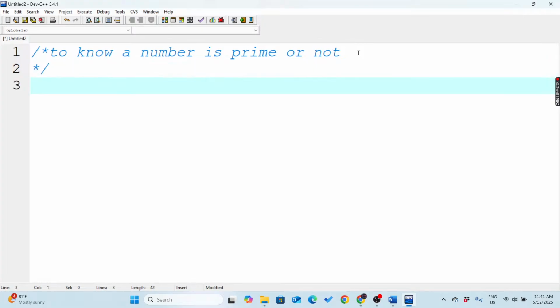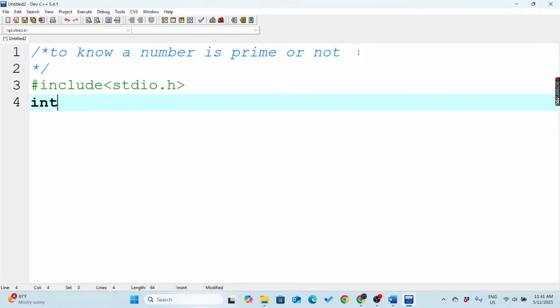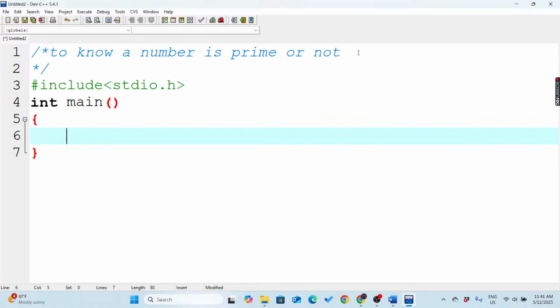Let's use header file first. Main. Okay, what we need here, first we need a number. So number, we have to declare that. Then what we need here,